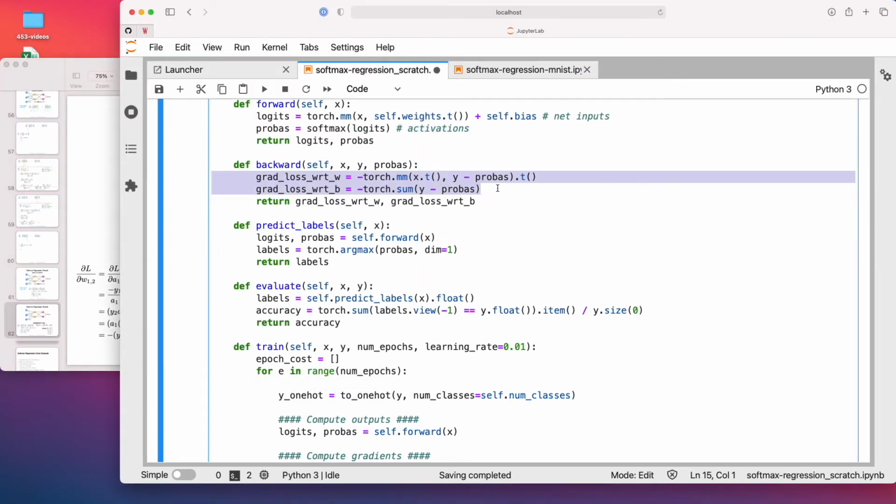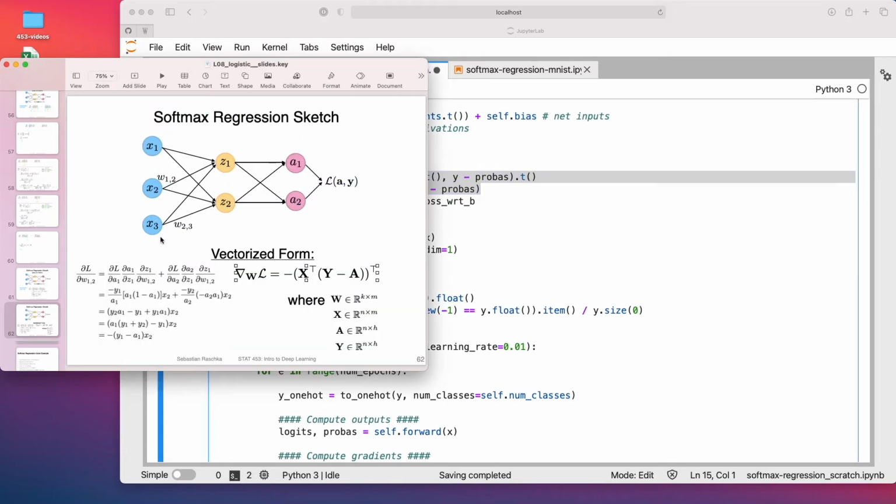I should actually mention this is not so trivial, of course, to think about what should go in here. It looks very simple, but it might take you hours and hours to think about it. Personally, in the first pass, if I were to implement something from scratch, I would implement it with Python for loops and then go to the linear algebra implementation. I think that's easier for me. Other people may find it easier to think about in these matrix multiplication terms. That's not my thing. I like things simpler, even if they can be more verbose.